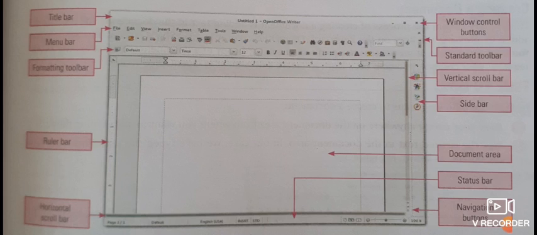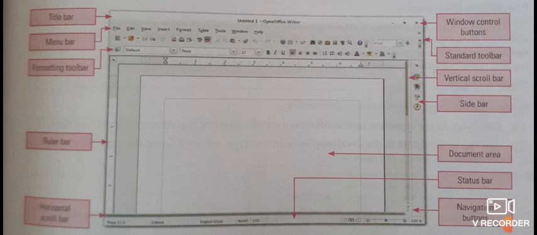This area can hold an unlimited number of characters, numbers, symbols or pictures. When we move our mouse pointer to the document area, it changes to an I-beam. The mouse pointer again changes to an arrow when we move it outside the document area.